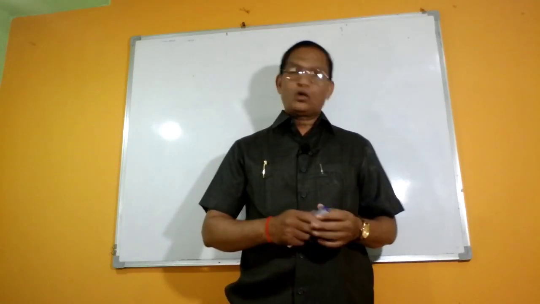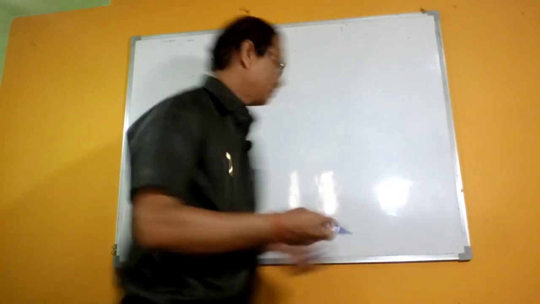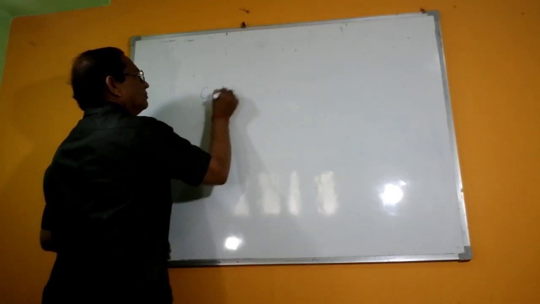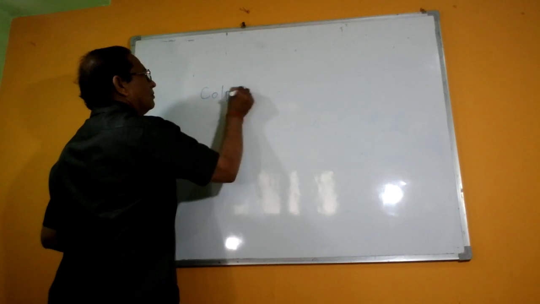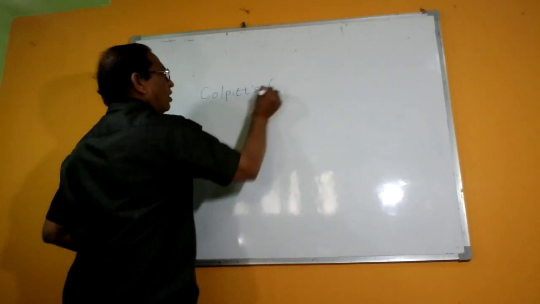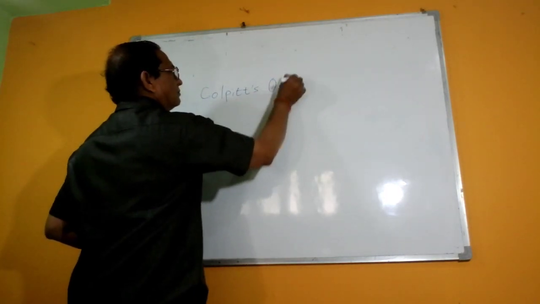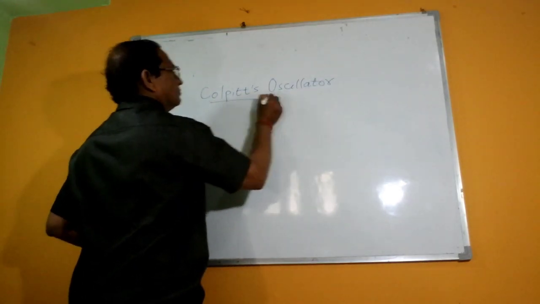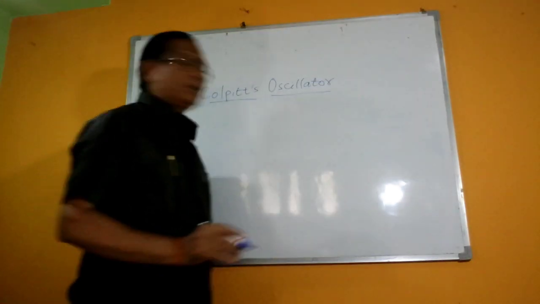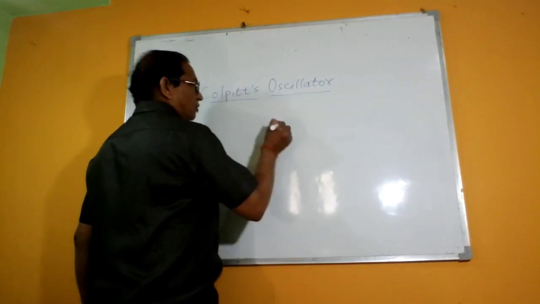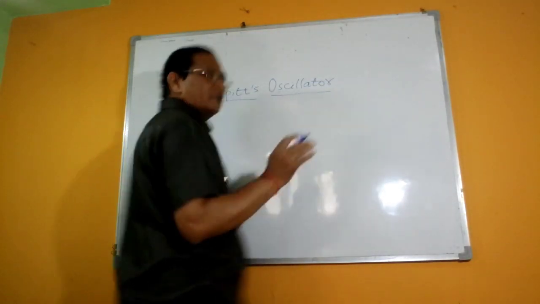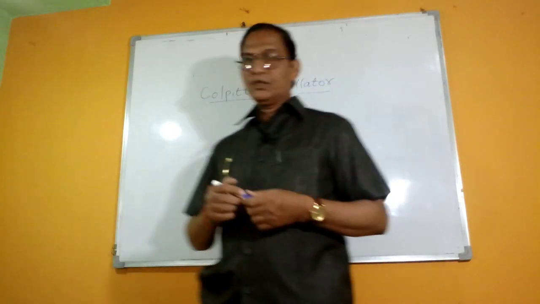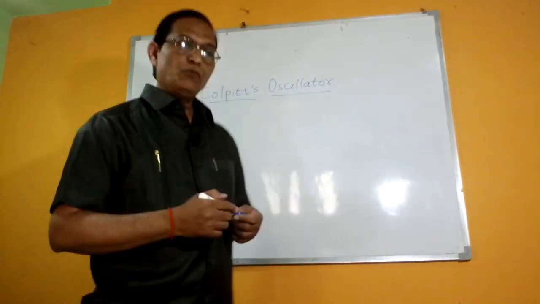Now we shall study the Colpitt's oscillator. The circuit diagram for this Colpitt's oscillator is a device which converts the DC into the AC with the desired